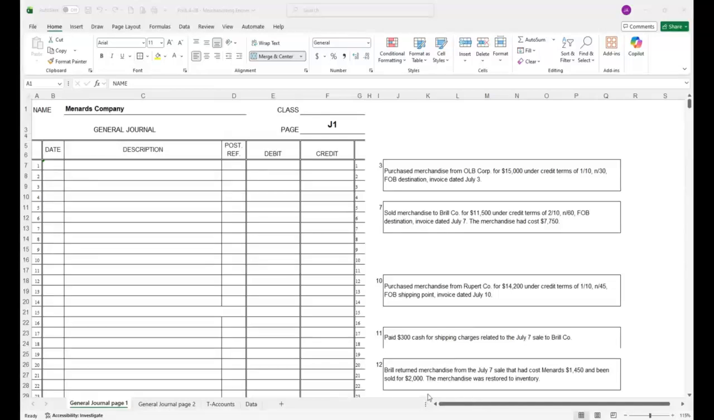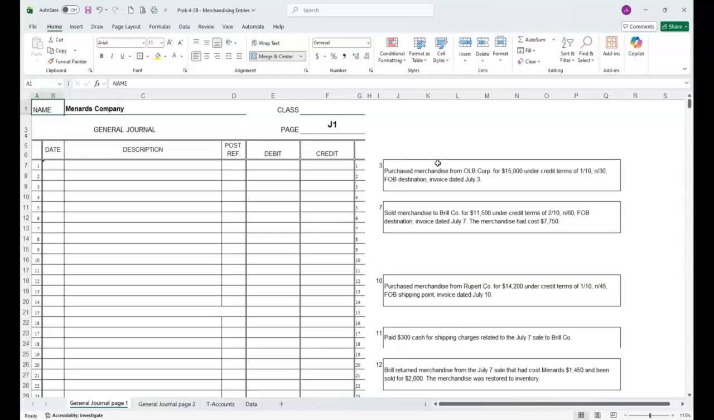All right, we're going to do a video for merchandising entries. The Menards company is going to be making journal entries, and we'll post to T accounts. First thing they're going to do is the Menards company is going to purchase from OLB Corp